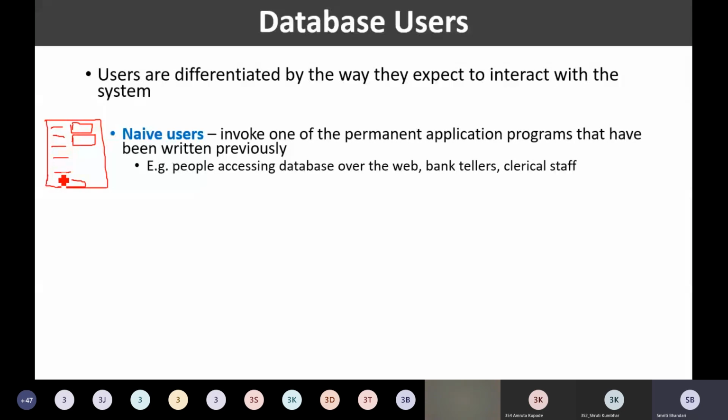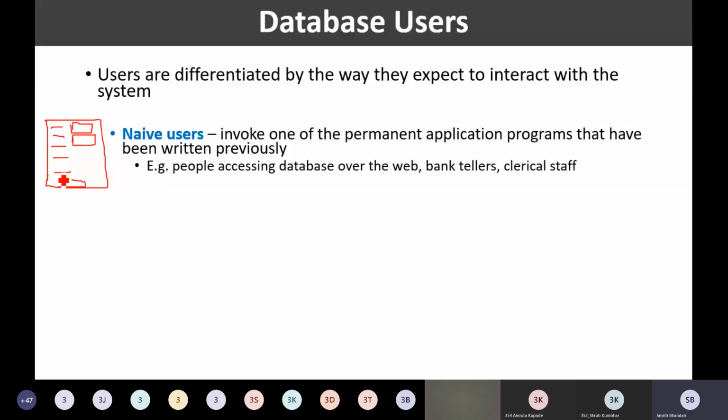What do they do? Say for example, I am a user and suppose I want to create one account in Gmail. What I'll do is click on the sign up utility. Whenever I click on sign up, I'll be presented with one form wherein my personal information is asked for. So I'll just simply input the information and click on submit.